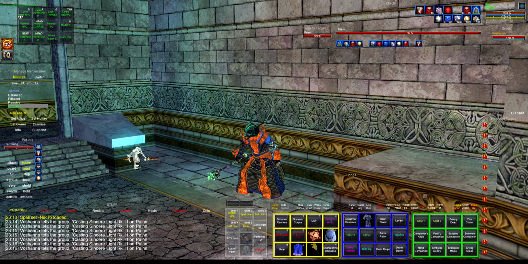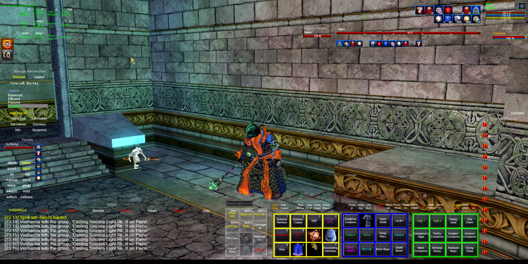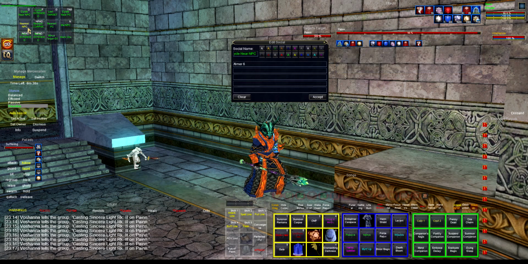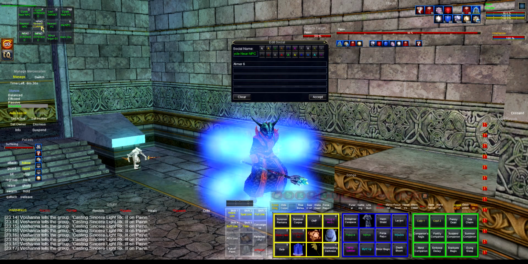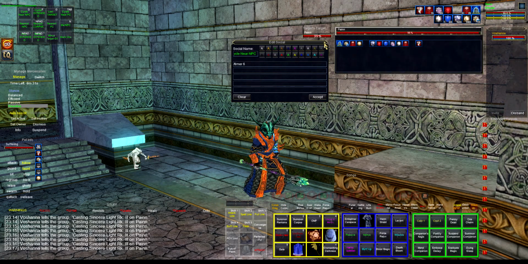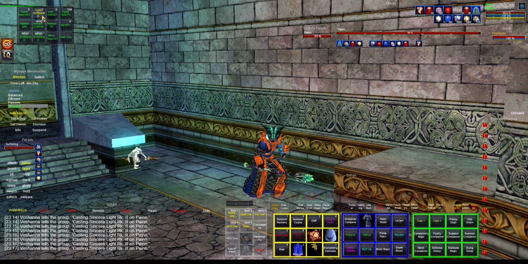Up here are just one of my guides. I use D a lot to target the nearest NPC. And there's no NPCs around here, but this key doesn't do anything except tell me the D key cycles to the nearest NPC. This tells me that if I want to hit the extended target,